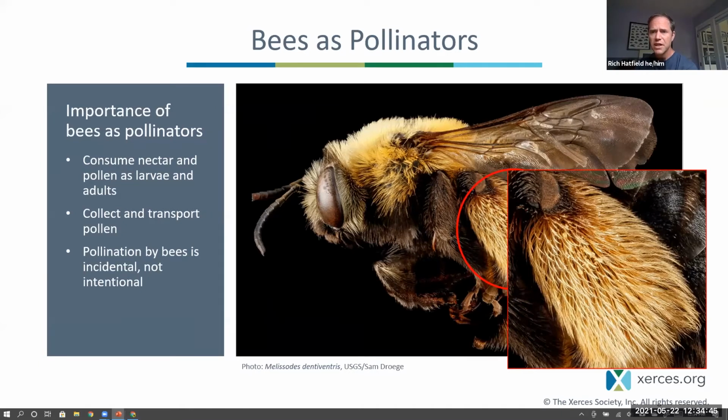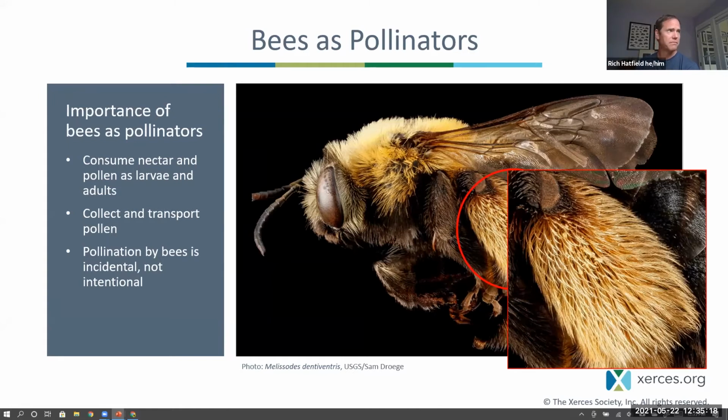So they're branched hairs. And those branches on those hairs, instead of just being linear like the hairs on our head or on our arms, really helps them grab onto and hold pollen. It keeps the pollen from falling off. And so bees are often covering their bodies in pollen, and then they're grooming that pollen off of their bodies onto their hind legs. So they use their forelegs and mid legs to help groom that pollen onto their hind legs and keep it there until they get back to their nest, when they scrape it off and then lay